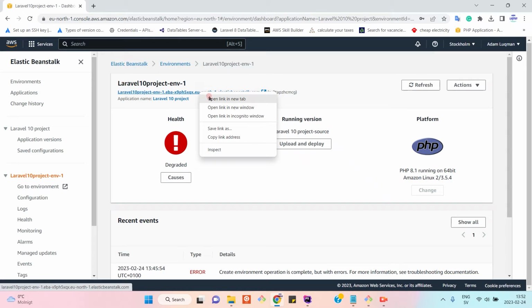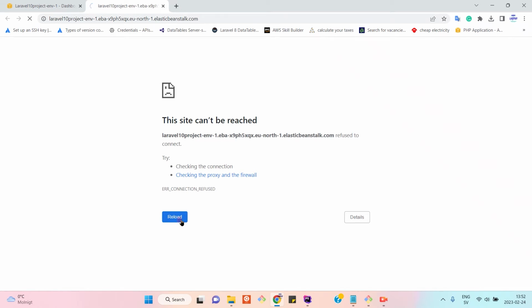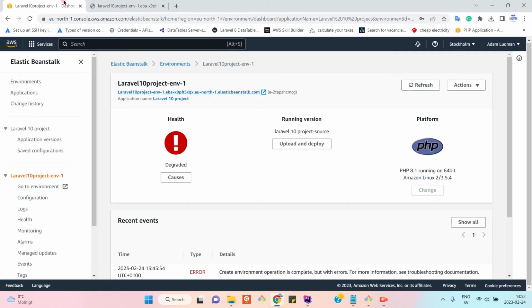Okay, if we click on the project link, yeah, this site cannot be reached. Okay, so I think we need to make some changes. One problem is we pushed the .env, but the environment variables of AWS are different. So